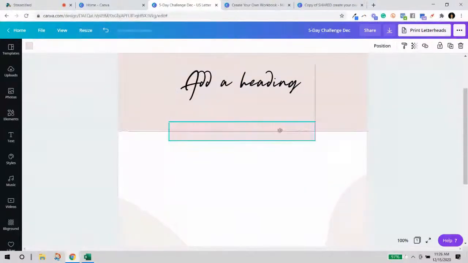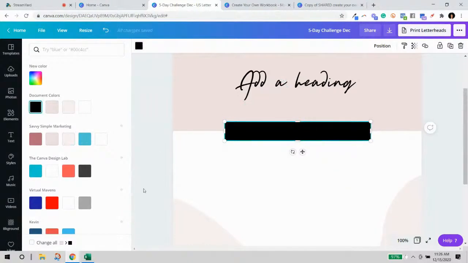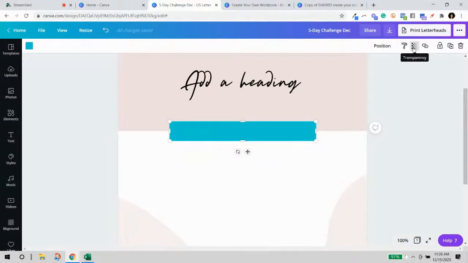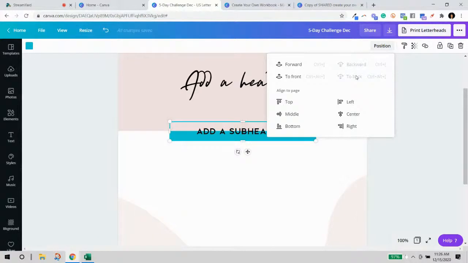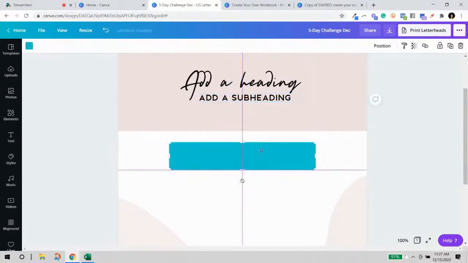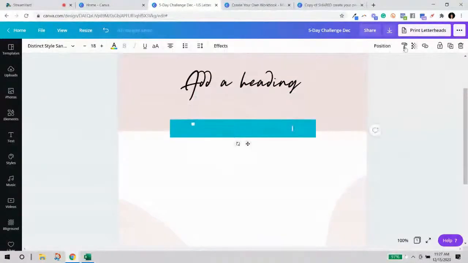And again, the only way that I know how to do this is because I just came in and practiced. I just did it a lot. Oh, I think I probably will use the blue there. And this is just from designing a lot. So if you come into Canva every single day, like I do, then I didn't want to go backwards, but I did want it. Let's see. Move this. Okay. But if you come in and you use Canva more often, then